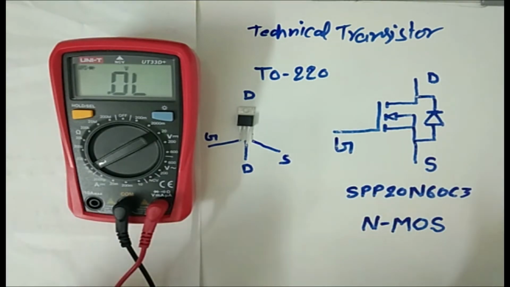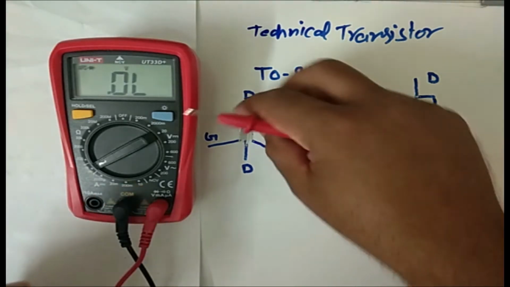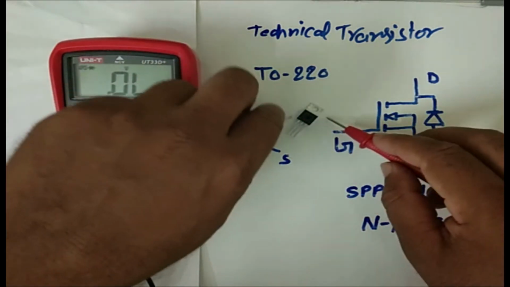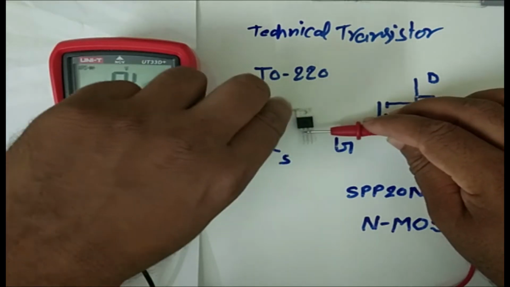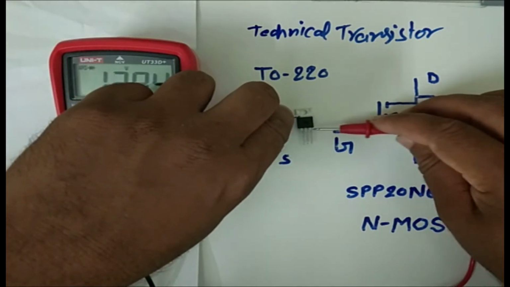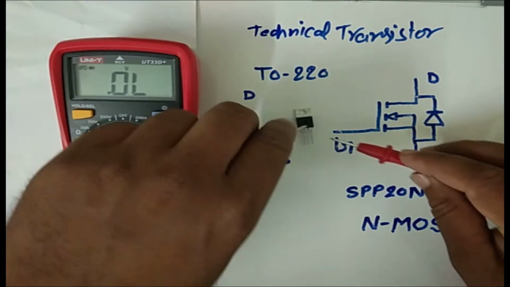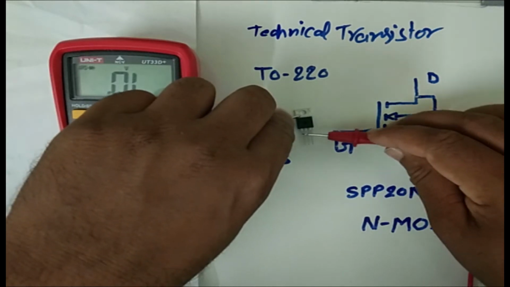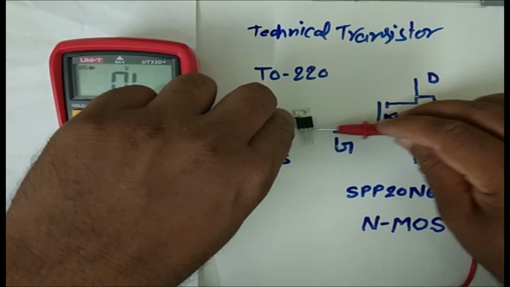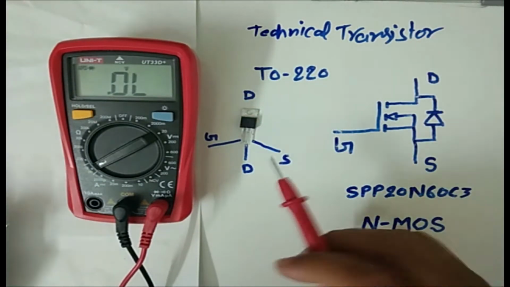Before testing a MOSFET, first we will short all the 3 pins of the MOSFET. So we short all the 3 pins. If the MOSFET is on, it will turn off. If the MOSFET has become charged, it will discharge by doing so. Okay, so this is the MOSFET.